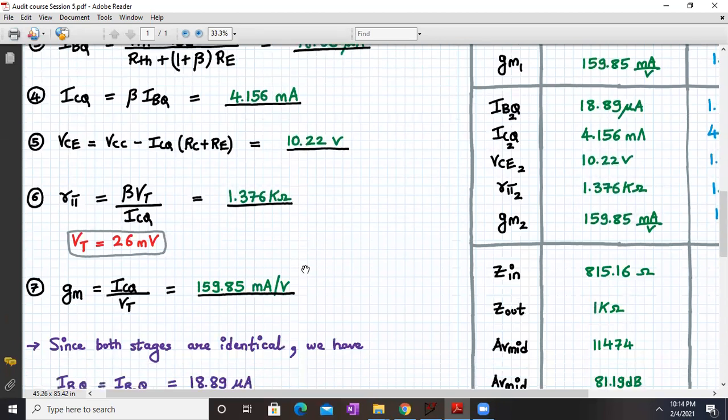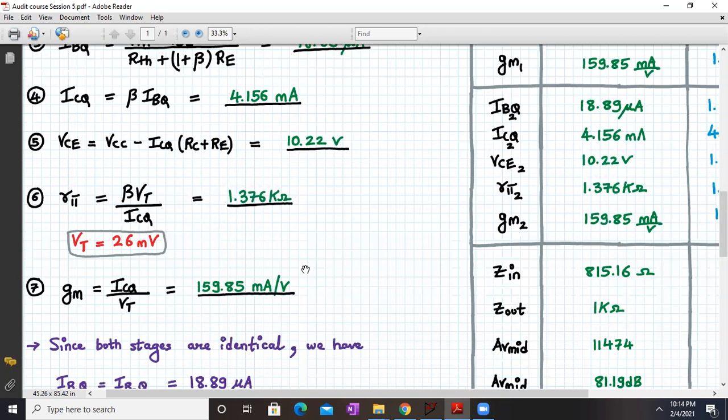Now, the small signal parameters are RPI and GM. The RPI value can be calculated by the formula beta times VT upon ICQ. That number comes out to be 1.376 kilo ohms, where VT is 26 millivolt.